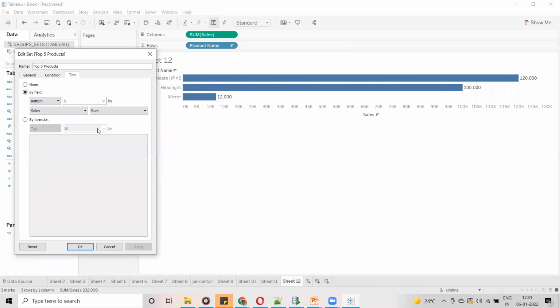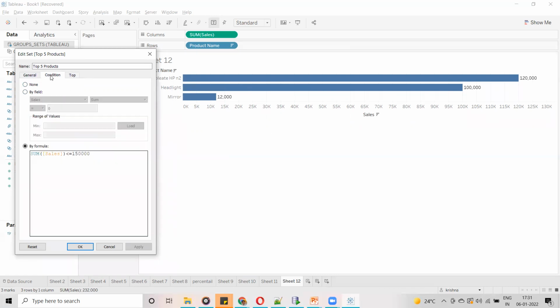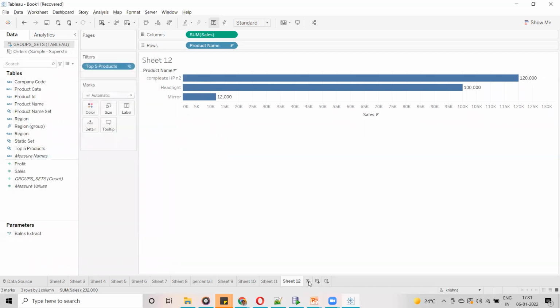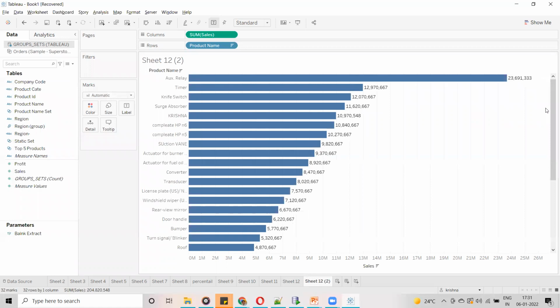Guys, first it is going to try to validate this condition. Now let me go to another sheet. I will duplicate this one, and in this I am going to remove this. These are the different things.